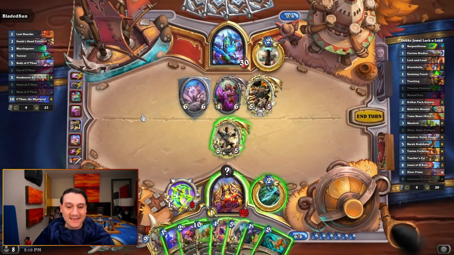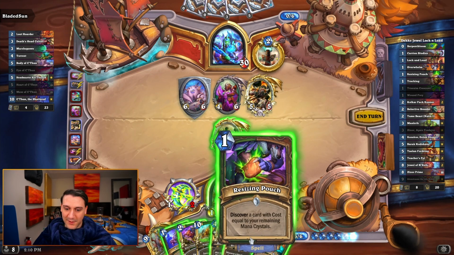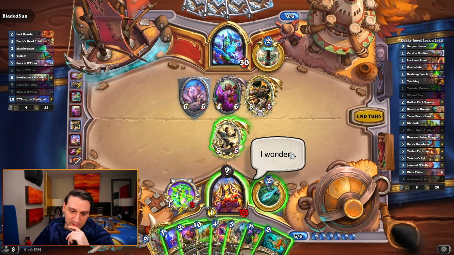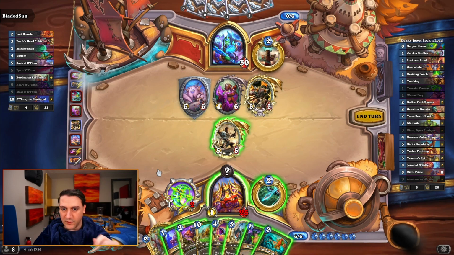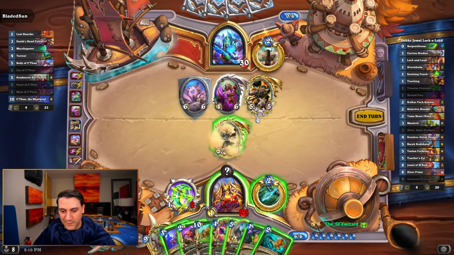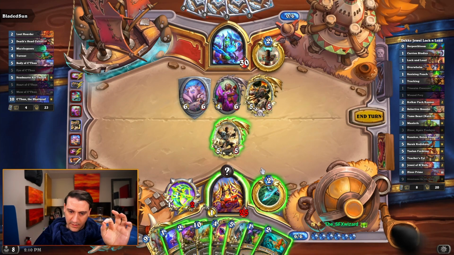Oh, did not attack in to play around Freezing Trap. What would be 5 mana that we would want here? A 5 mana card. Can I get... Yes. Okay, poisonous. Do I want to take 6 damage? Ah, no. Here's what we do. Okay. Well...